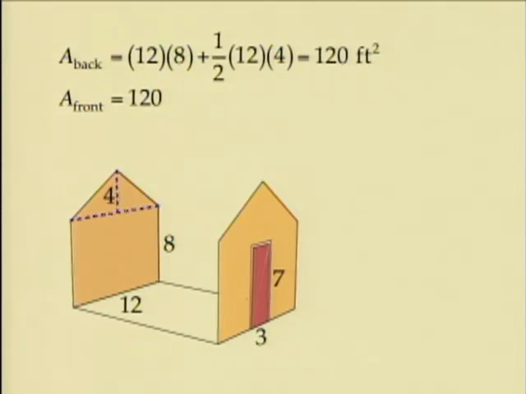except that it has a door. A 3 by 7 opening for a door, so we're going to subtract that area. That's 7 times 3, 21, and so the front wall then is 91 square feet. So that's got the front, got the back. Now let's move on to the